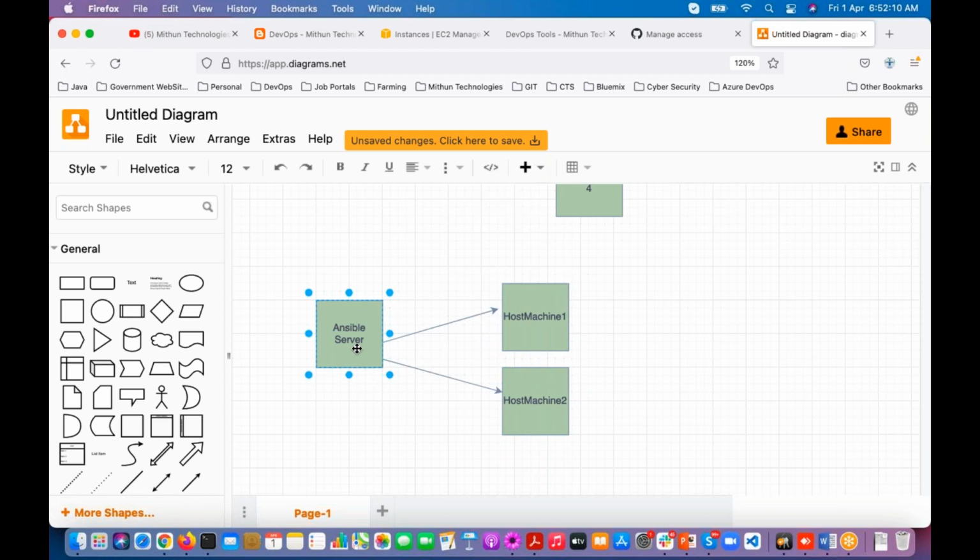There we have one file called hosts, which is available in the etc directory. There you will see Ansible, right? In this file we are going to configure this. So we can create these 2 host machines and 1 Ansible server, so total 3 servers you can create. For these 3 servers, 1 GB RAM is also fine.